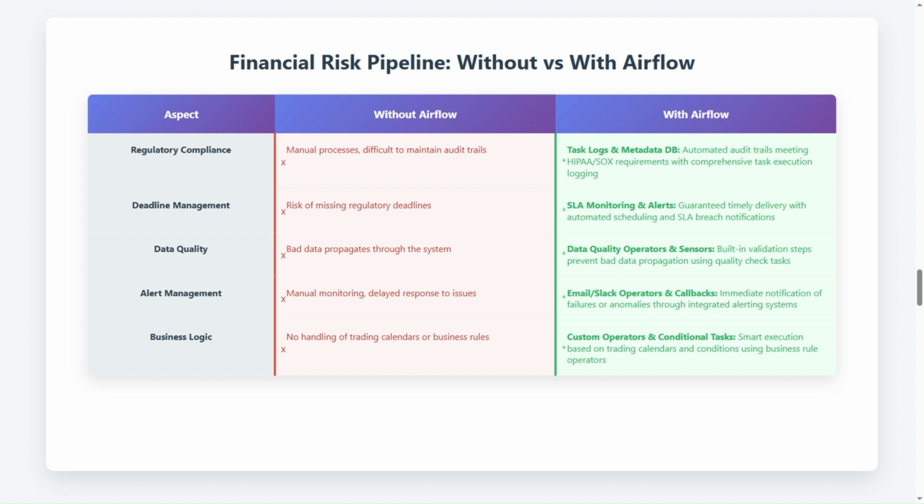Alert management. Without Airflow, you have manual monitoring with delayed response to issues. With Airflow, you get immediate notification of failures or anomalies. This is handled by Airflow's email operator, Slack operator, and custom alerting hooks that can trigger notifications based on task status or data thresholds. Business logic. Without Airflow, there's no handling of trading calendars or business rules. With Airflow, you have smart execution based on trading calendars and conditions. This is achieved through Airflow's conditional execution using BranchPythonOperator and custom calendar sensors that respect business days and market schedules. This level